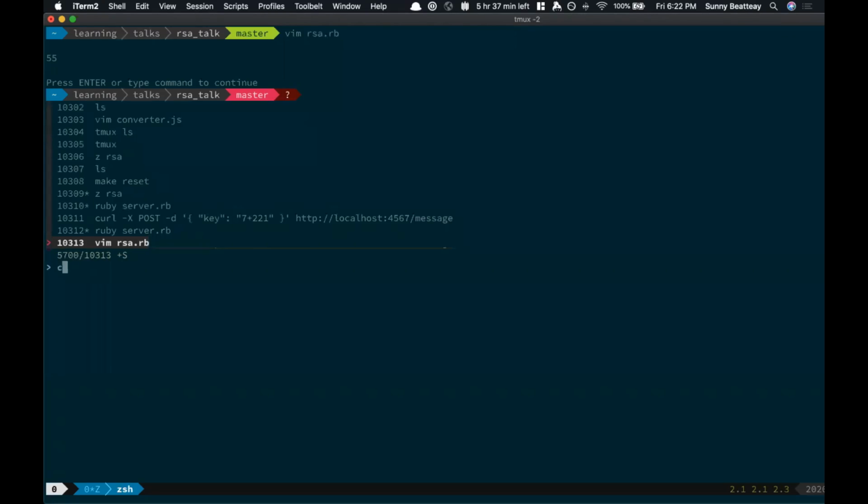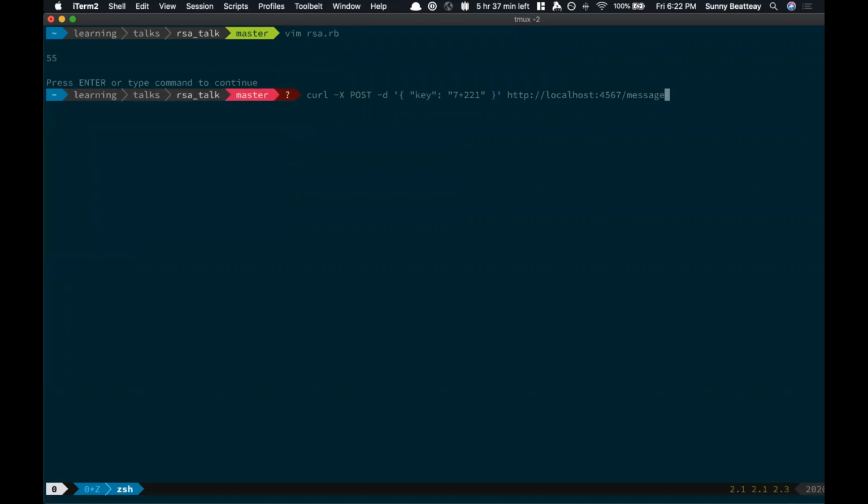So let's send a curl request to my server. You can see my server running right now is at localhost port 4567. I'm passing a key, and you can see e right now is 7. I'm attaching n with a plus sign just so I can separate both the e and the n. My server is going to take this, and it's going to return to me a cipher. The cipher returned to me is 185. So if I was a hacker right now, all I would see is 185.